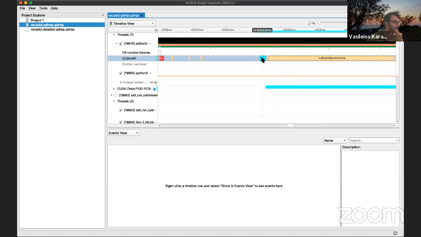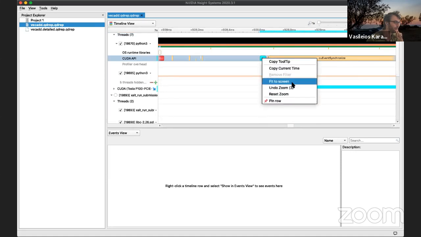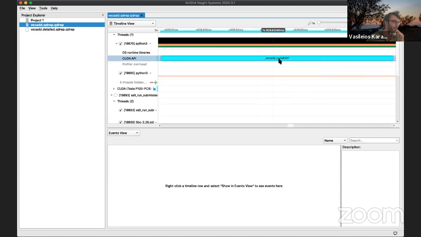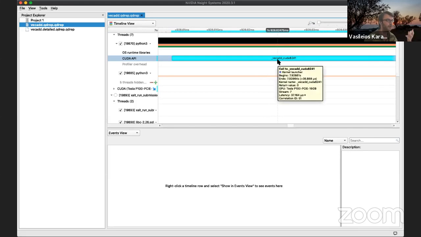Here is our kernel. The nice thing is that it is annotated. So you can see which kernel, if you want to profile, so you know it's the Vega at line 241 in your